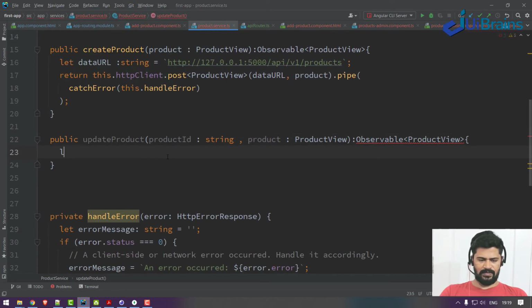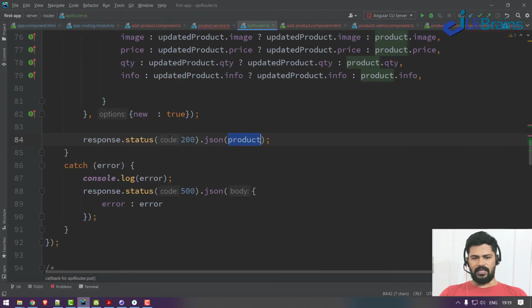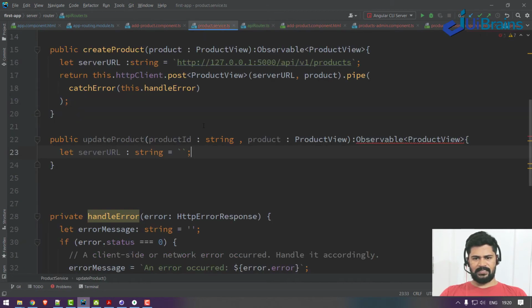Okay, so let's say, not dataURL, let's say serverURL. Here also URL of type string is equal to, I need a server URL for update product, that is this one, as a put request.